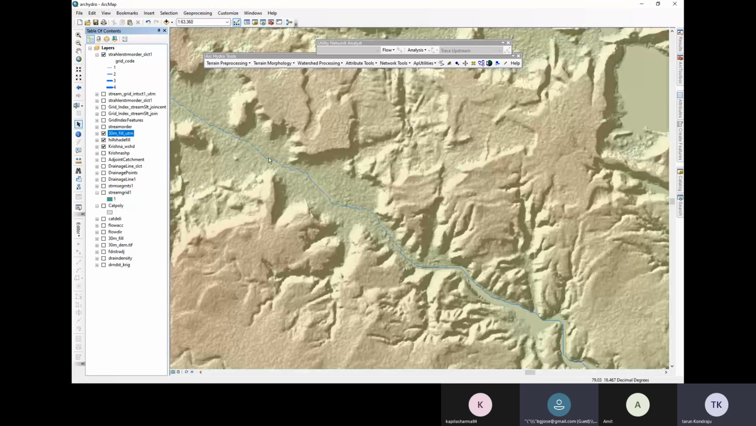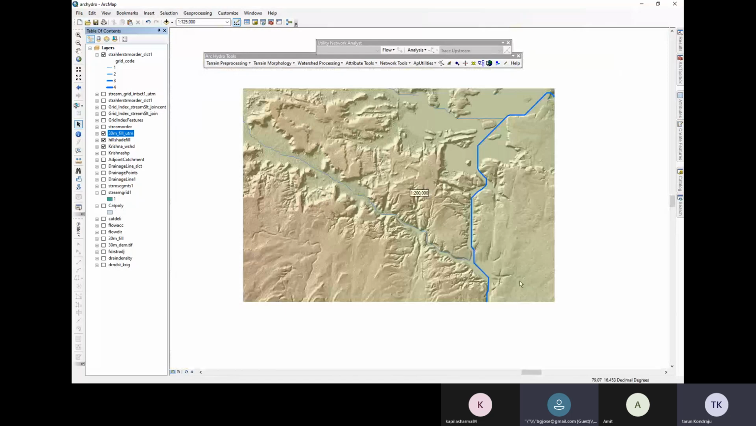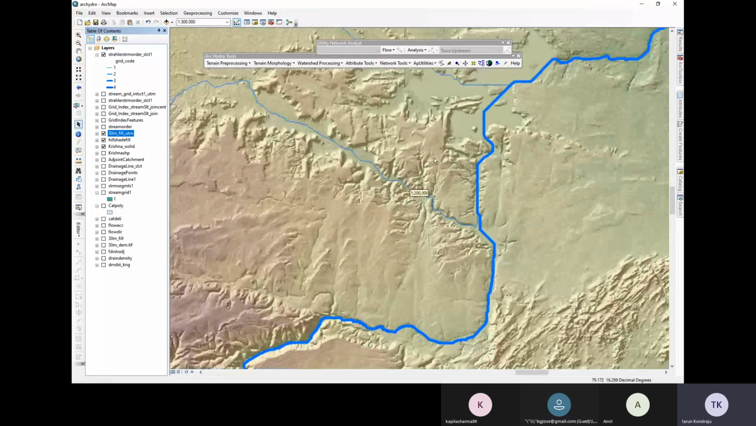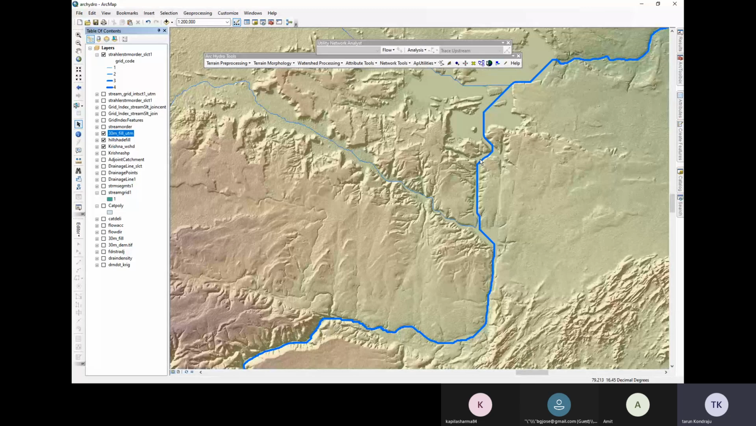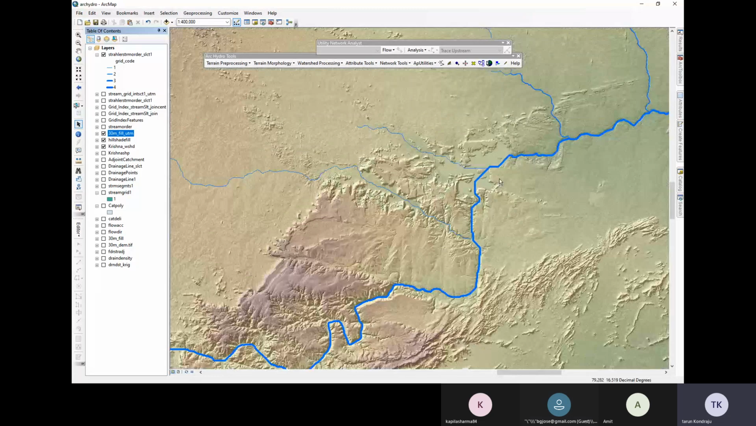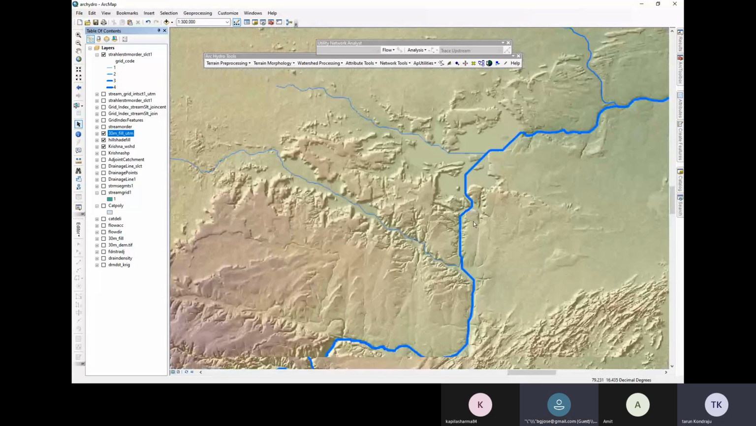Apply. Okay. You see the difference? How it looks? So this is, for example, now if you use ArcScene for this, it looks really good for your presentation. And one more thing is, if you are trying to simulate flood,